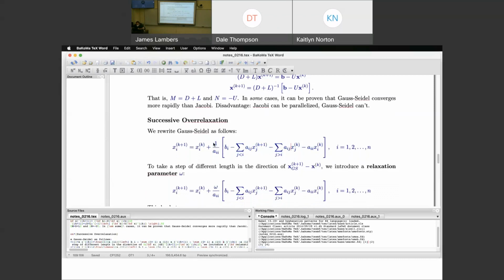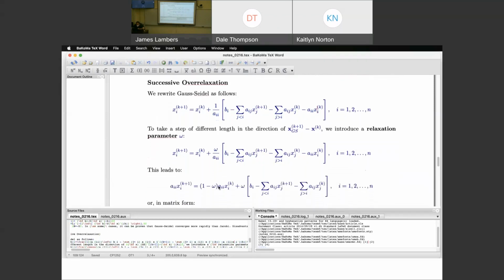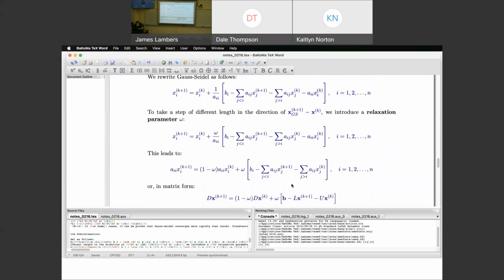So suppose I want to take a step from xk to xk plus 1 that goes in the same direction, but I want to go further in that direction by multiplying this whole part by a parameter omega. That's called a relaxation parameter. So when I do that, if I multiply both sides by aii, then this is what I have for my iterative method. In a matrix form,